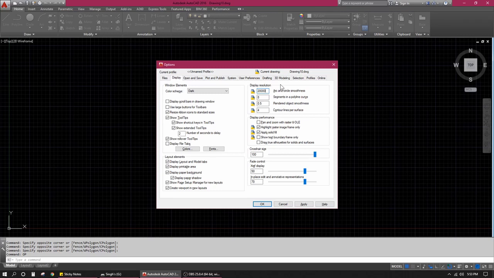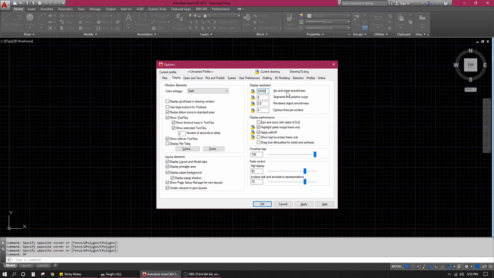This option disables those edges, making them smooth to a value of 20,000. So you can keep zooming in 20,000 times and you won't see the edge. It will be smooth till then. That is what it does.